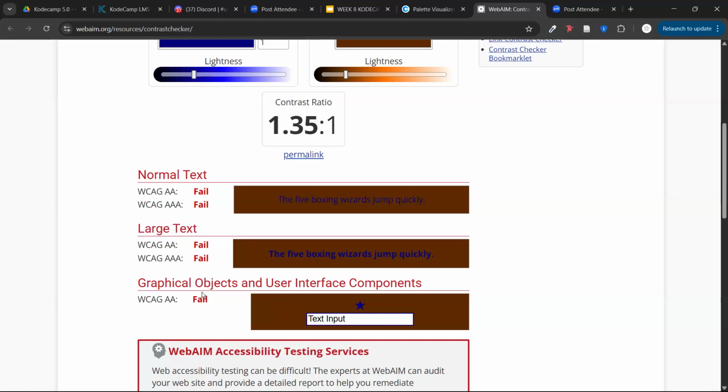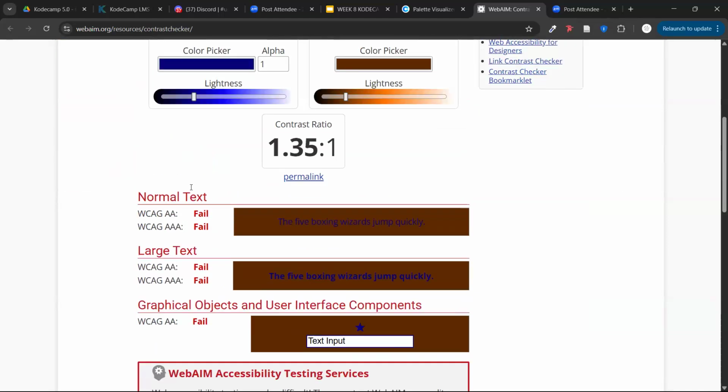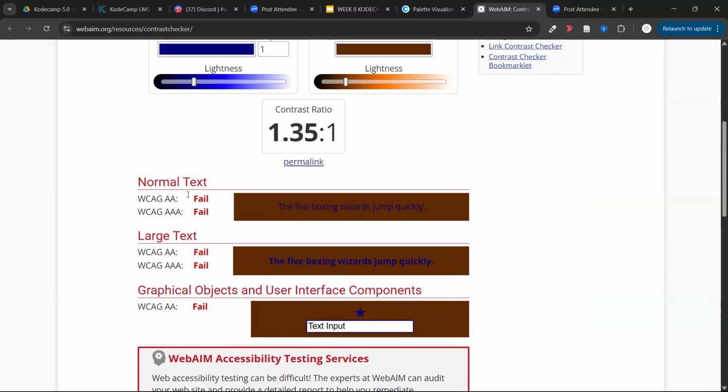Right. So like I talked about in the light blue you just saw in the palette visualizer, there are some colors that would work for graphical objects, for shapes and all, since it's not meant to be read, it's just meant to be seen. So some colors might work for that, but not for normal text. That's why this contrast checker gives you information for all three. It gives you the test, whether it passed or failed, for normal text, for large text, or